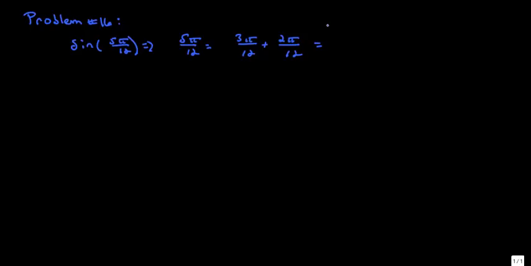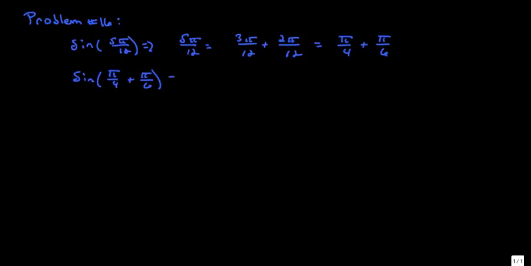And so that gives me pi over 4 plus pi over 6. If I add these together, I'll end up back at 5 pi over 12, which means I can replace 5 pi over 12 here with pi over 4